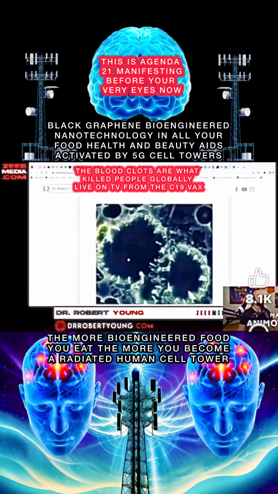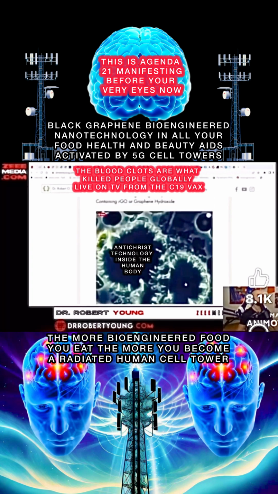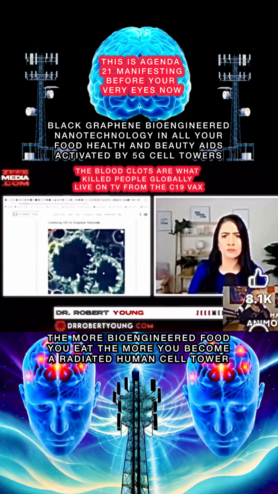These are red blood cells. See these red blood cells? Yes. Now look at them. It's like they're giant red blood cells that have crystallized by the fact they've been crystallized with chemical and radiation poisoning. And off to the left here is ferric oxide. So these are the cells, and you can see all the graphene oxide around this. Yes. I mean, it looks like a war zone. And this is why people are getting sick.